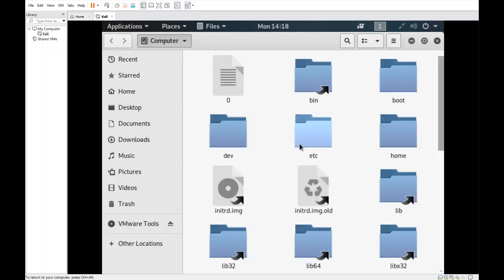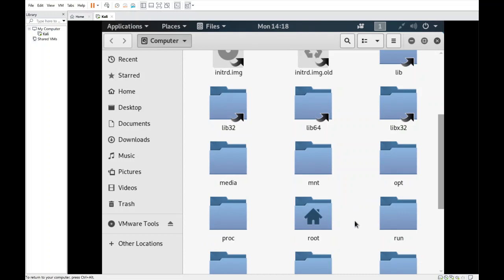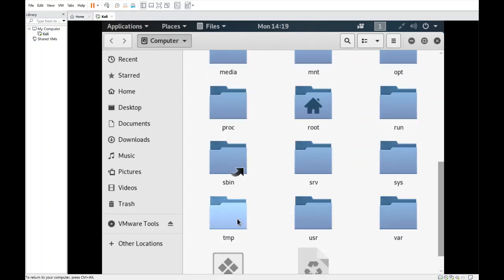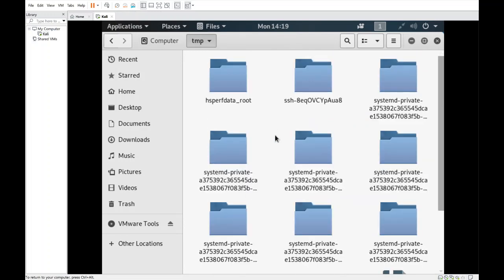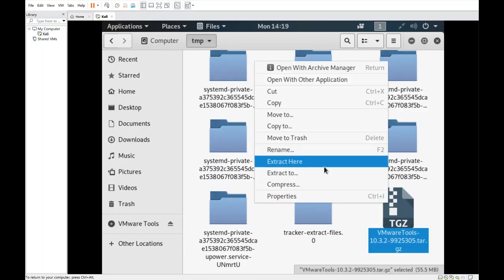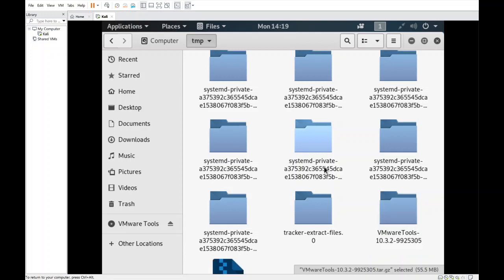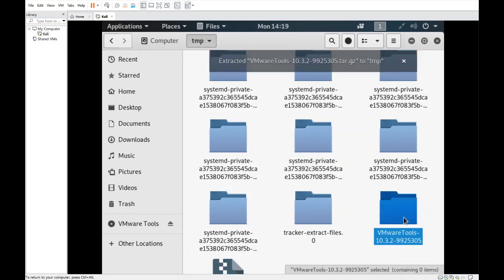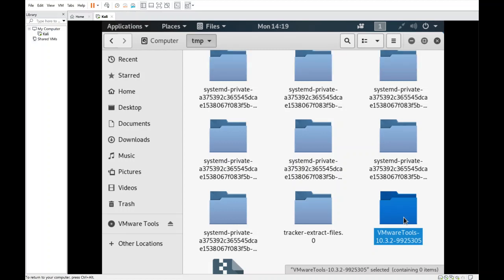So then we go here and we go to the temp folder. There we go, so now we have it. Extract here. There we go. So now that we have a temp folder with VMware Tools inside,